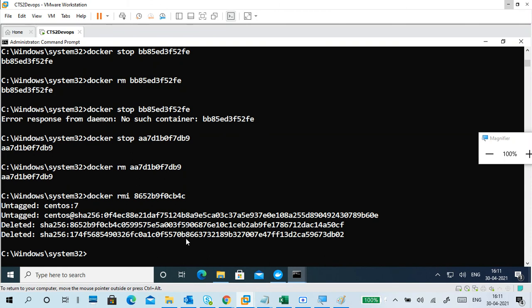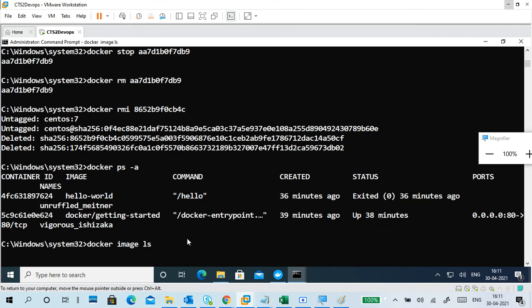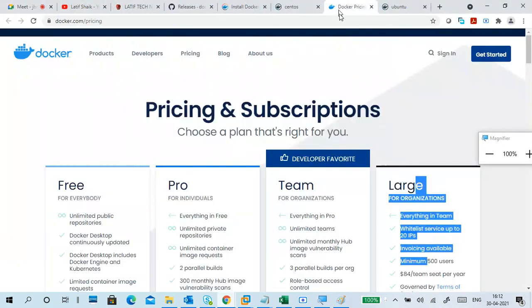Okay, so this is a Docker image, and you can try docker ps -a. You can't find the container, and the images also you cannot find. A lot of commands are there to practice, like how to pull a container and how to utilize it. Of course, you can pull OpenJDK, Python, and MySQL type applications and use them. But while you are using them, you must read the descriptions on how to use them.